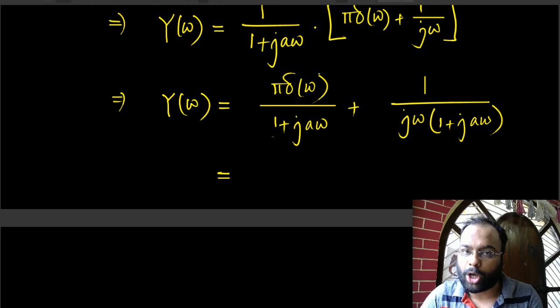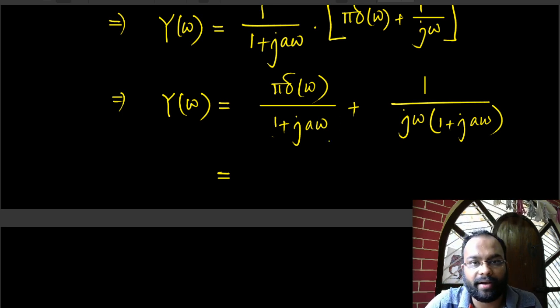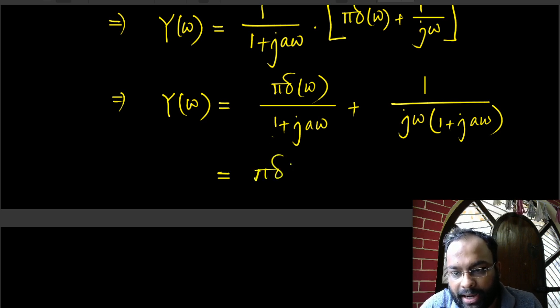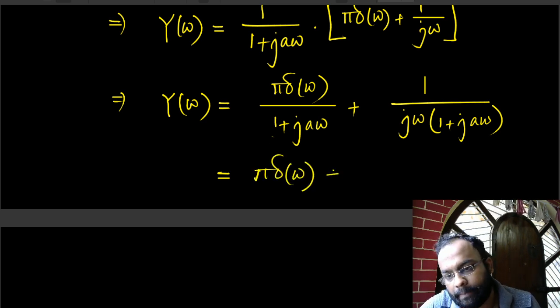And when is delta omega non-zero? When omega is 0, right? So put omega equal to 0 here. What do I get? I get just 1 here. So that's going to be pi delta omega plus